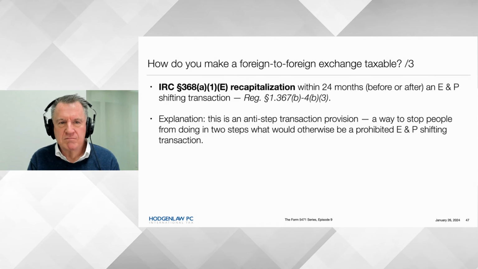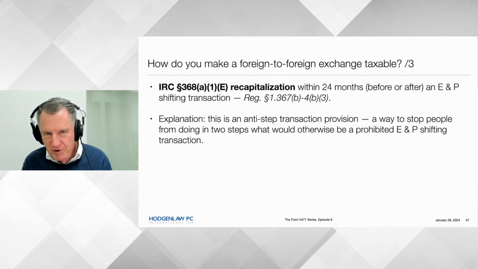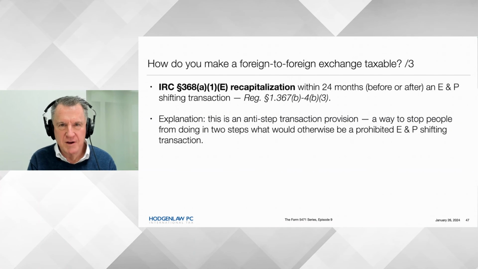And then the third one is a Section 368 recapitalization. So this is a single entity reorg, right? You start with a single class of shares, ordinary shares, for instance, and you recapitalize the company so that you have some preferred stock and you have some ordinary common stock. And ordinarily, this is a tax-free transaction. Well, going back to the earnings and profits shifting fun and games, can we do in two steps what we can't do in one? And we spread it out over time. And this specific exception is designed to stop people who are trying to be clever that way.